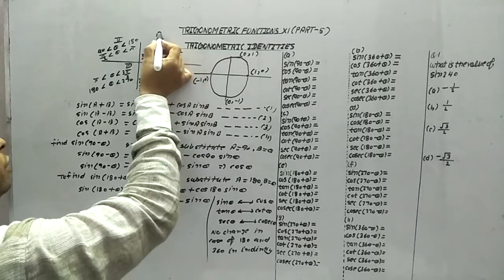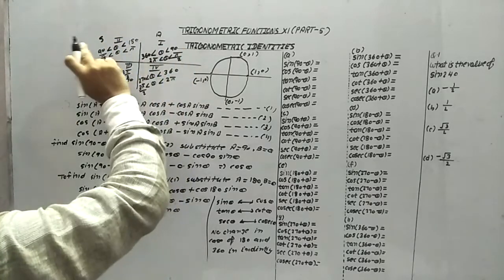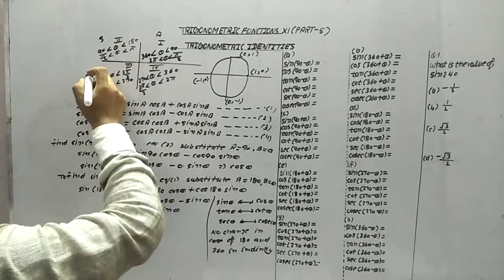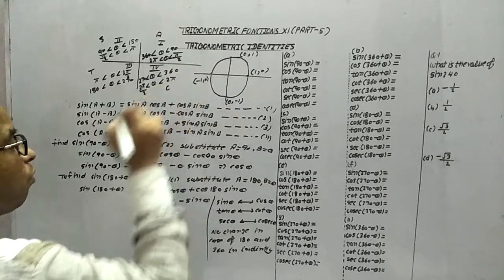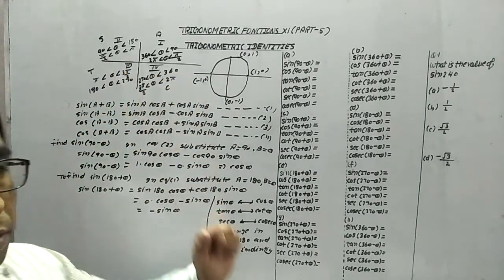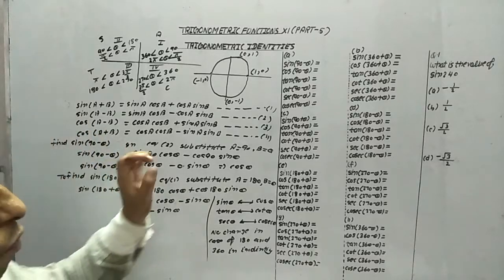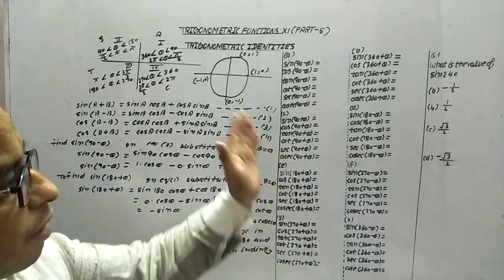After school to college, it means in first quadrant all are positive, in second quadrant sine and cosec positive, in third quadrant tan and cot positive, in fourth quadrant cos and sec positive. If we keep these ideas in our mind, then we can do the proof of anyone using this concept. Now I am writing the results.